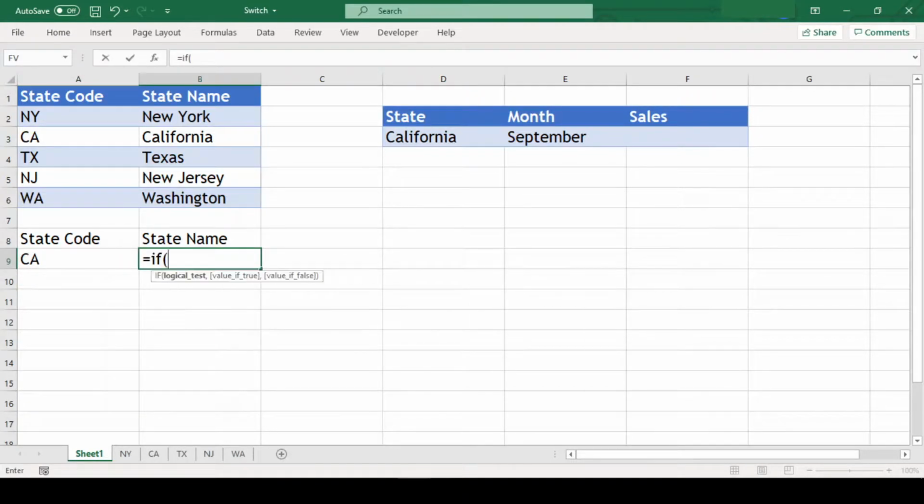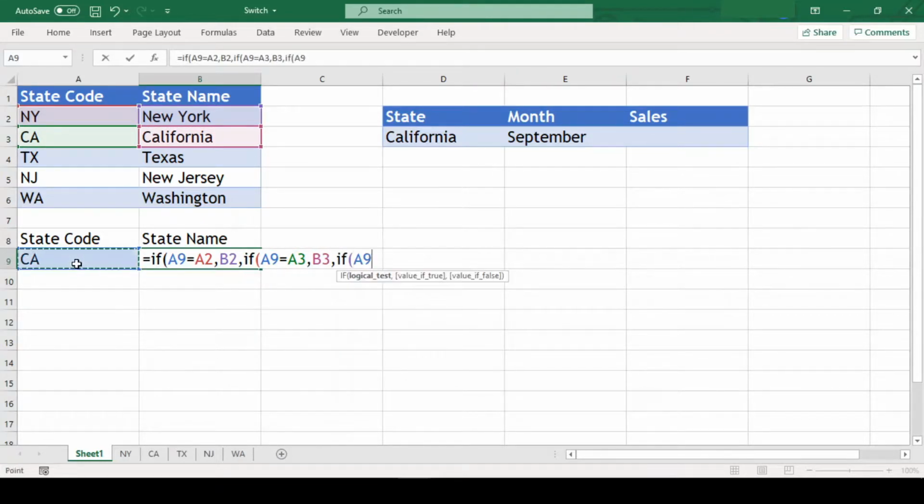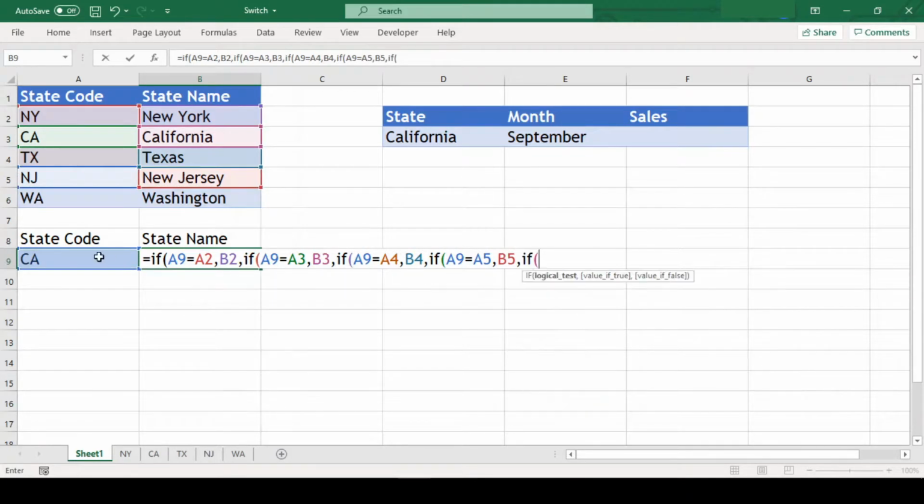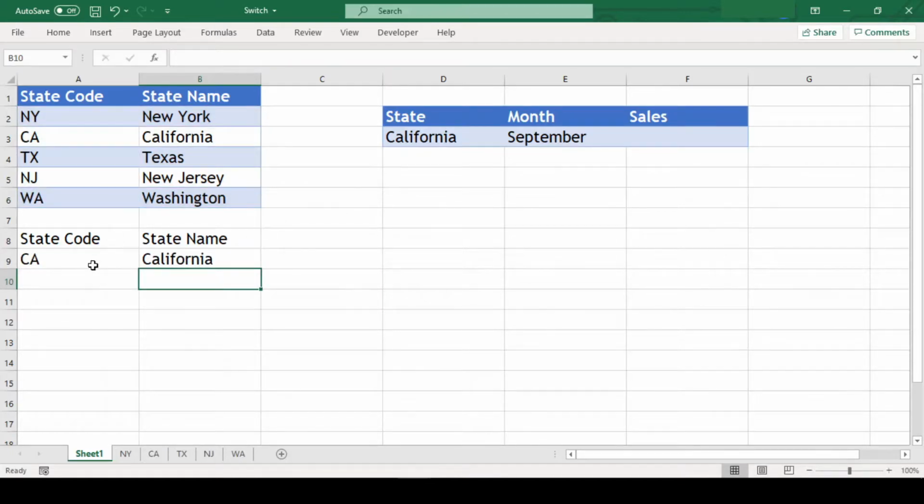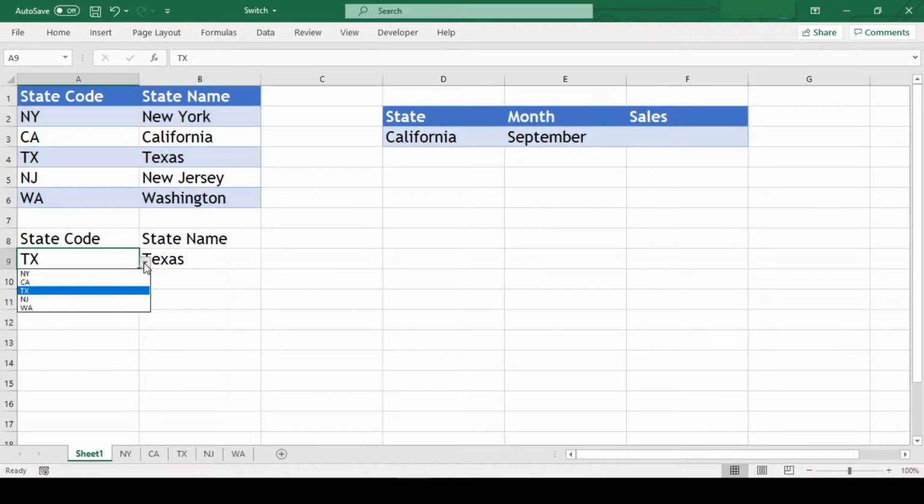First, let us do this with nested if so that we can compare both the formulas. I will not explain nested if here. If you want to learn more about this, then I have a separate dedicated video on nested if. The link of the same is provided in the description box below and in the I button above. Let's check our nested if formula. Well, this is working perfectly fine.